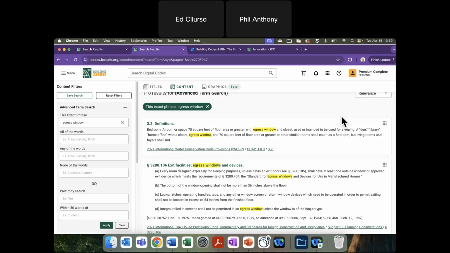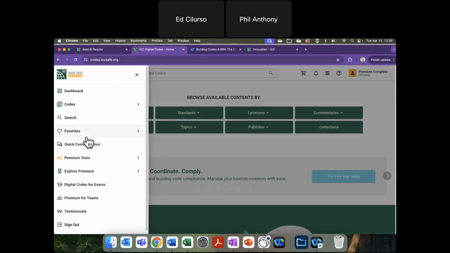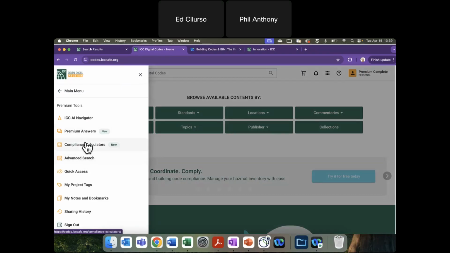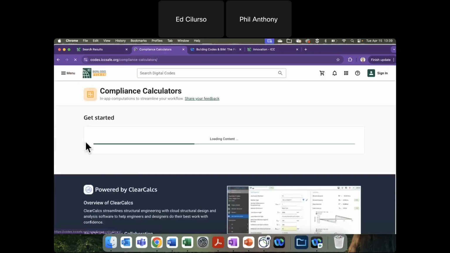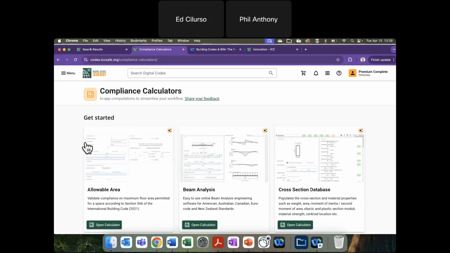All right, I saw questions coming through, and Ed, I don't know if you want to put any context to AI. I saw a question somewhere in this list on calculations. AI Navigator will perform basic calculations now. It is actually something I didn't put in my future slides, but, Phil, you could show this. The Digital Codes platform actually has some calculators available, and it's a growing list. One of the things we will test in the second half of this year is having AI Navigator let users directly use those calculators while within AI Navigator. If you want to perform that calculation, we'll give you an option to integrate that tool with AI Navigator.